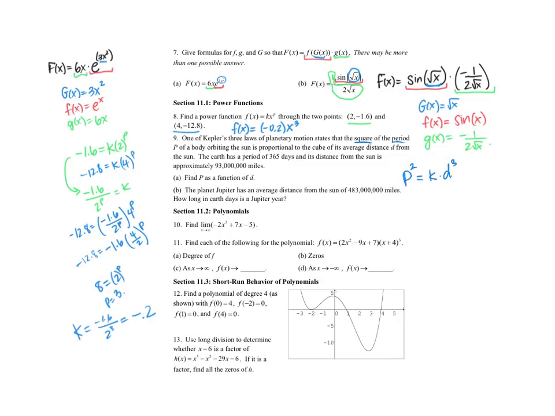Okay. And then it gives us a value of p, the period is 365 days, and that is my distance, so that's a value of d. So I can use that to find my k. So we get 365 squared is equal to k times 93 million cubed. This is going to end up being in scientific notation, so that's fine. We can do this. 365 squared divided by 93 million cubed. So k equals, okay, it looks like